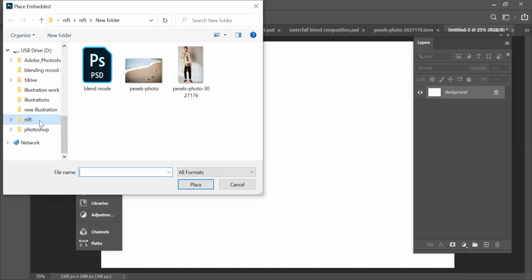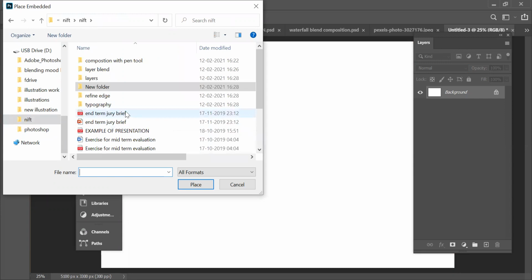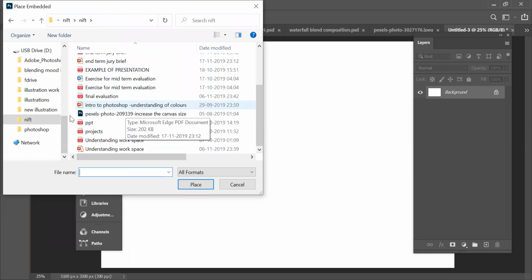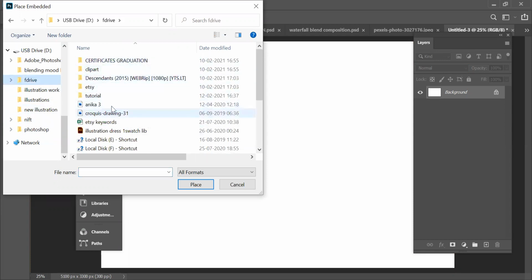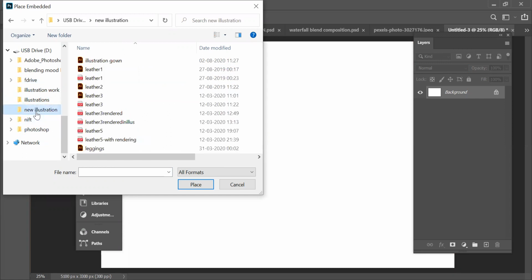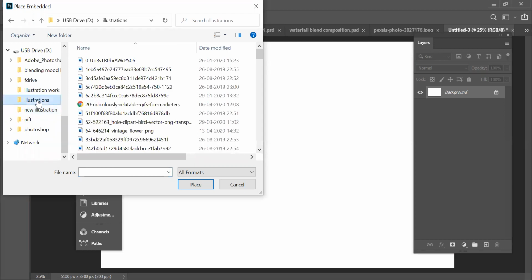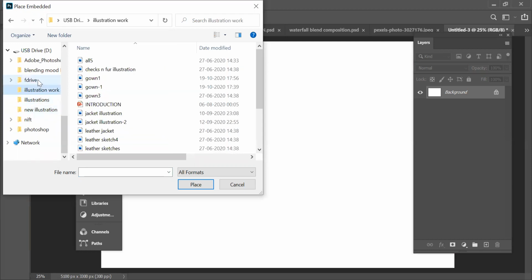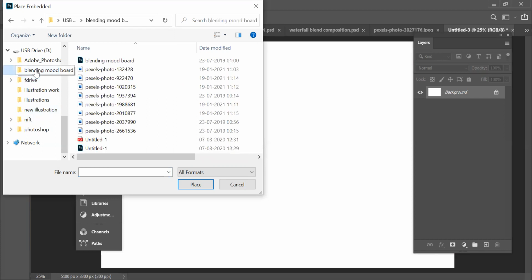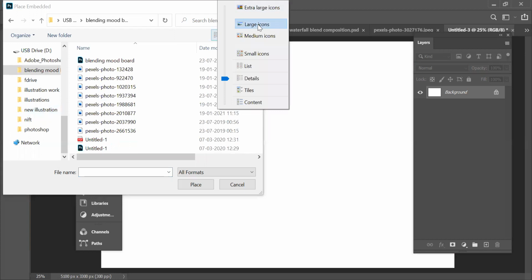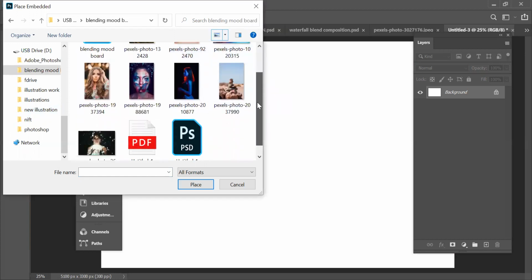So these were the basic photographs that I had used.